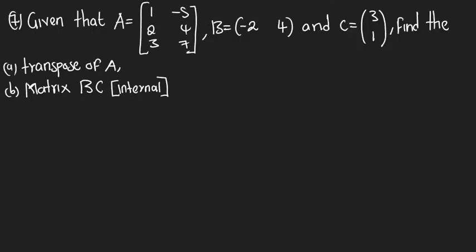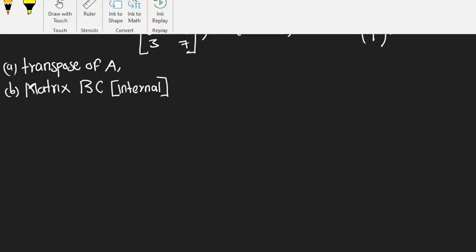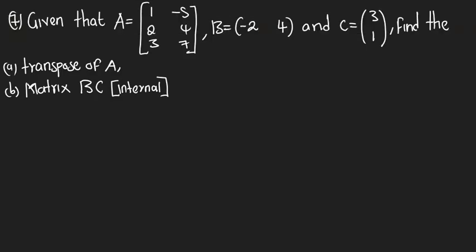We come to question 7. Now, question 7 was actually matrices. Solution. The question was actually asking us, given that A is equal to that matrix, B is equal to that, and C is equal to that, find the transpose of A. Now, transpose